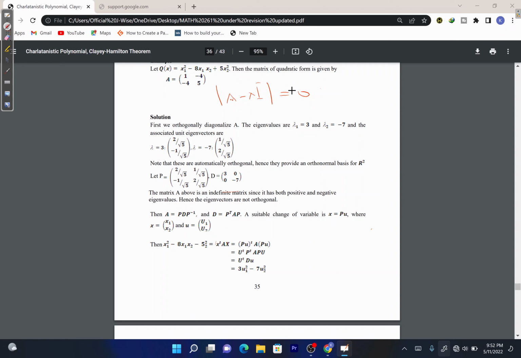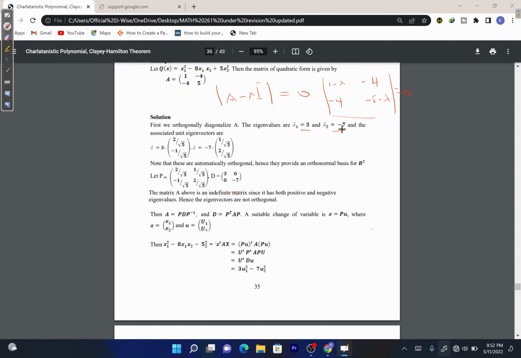When we do that, that will be the matrix 1 minus lambda, -4, -4, -5 minus lambda. Find the determinant, then we equate to 0. When you solve this, you get lambda 1 to be 3 and lambda 2 to be